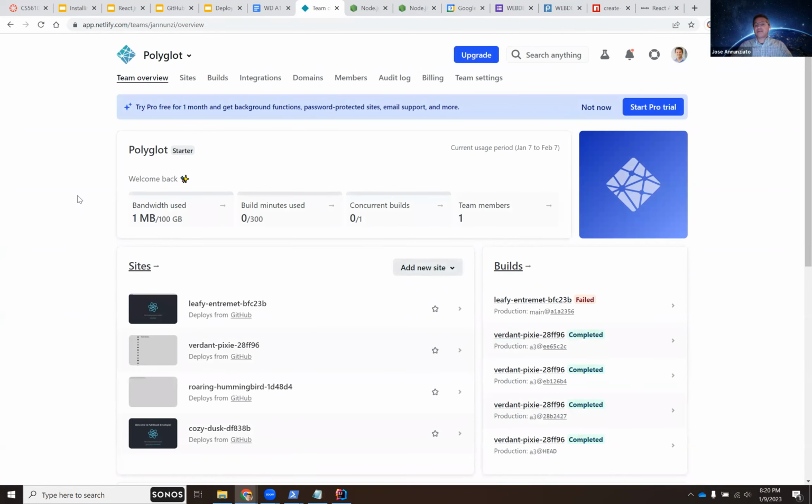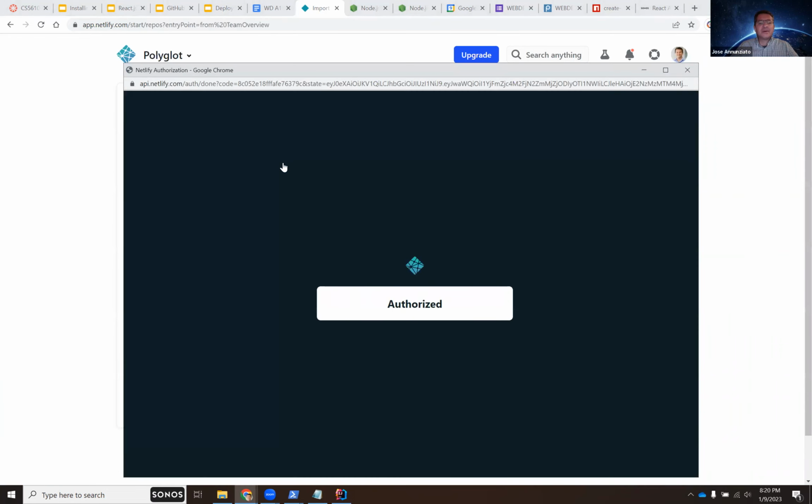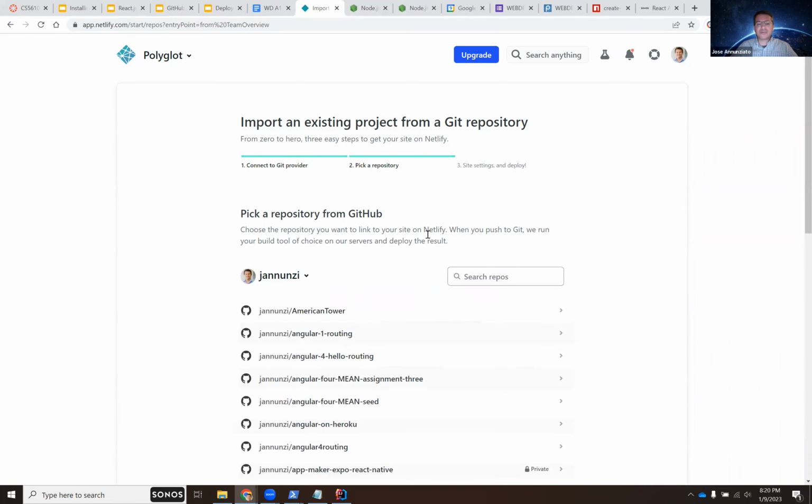I've already signed up, obviously, and you can add a new site, import an existing project from GitHub. You can use GitHub, and it authorizes, so it logs in,